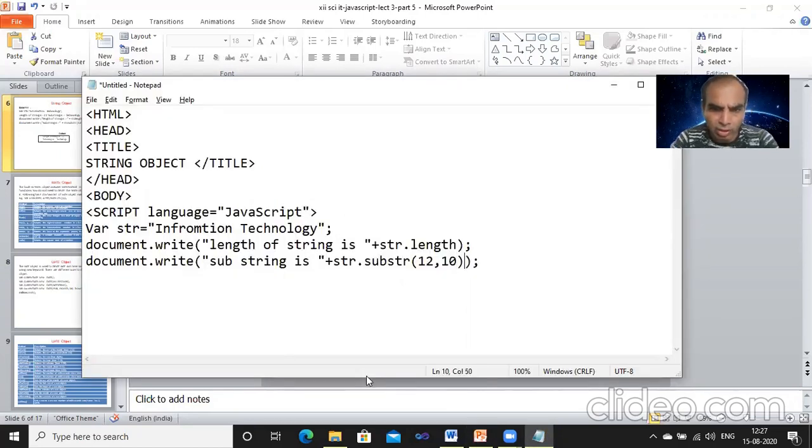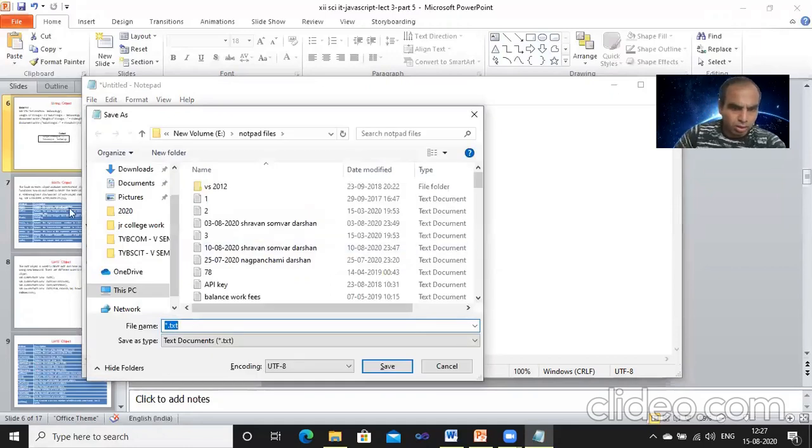This is a method, that's why we write it with open and close braces. Methods we can write with open braces and close braces. So this is the script statement we have written. Then we close the script, close the body, and close the HTML.